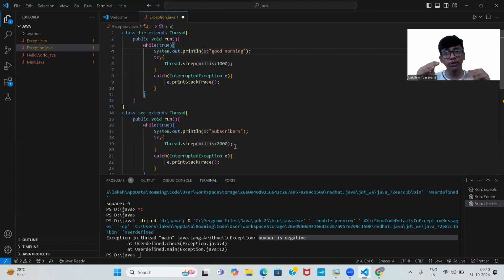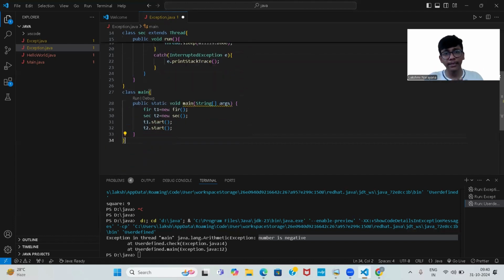To access those, we need to create objects for both of them. So I have created a main class, in which I have created the public static void main method, through which we can access the whole program. For that, I have created an object for the first class and an object for the second class. In the first class we have thread 1, and in the second class we have thread 2. Here, we start with t1.start, which is the method that helps us start a thread, and t2.start, in which we start the other thread. So on running these,